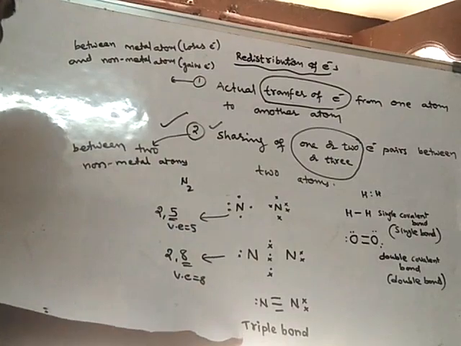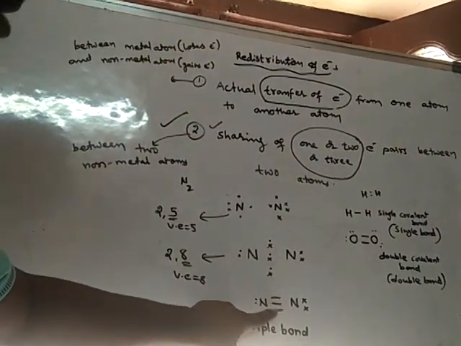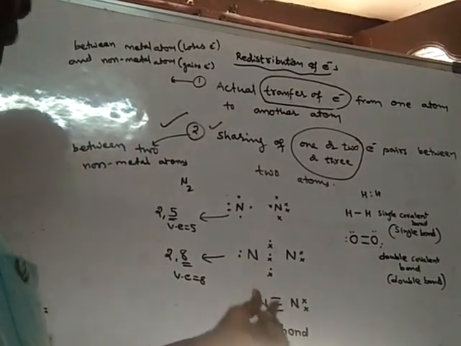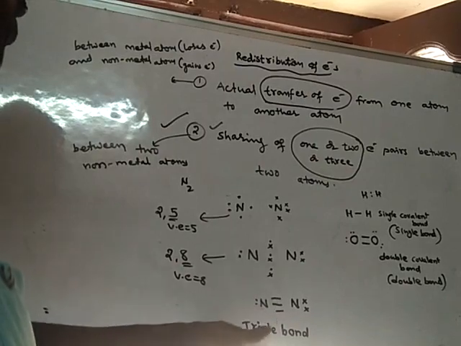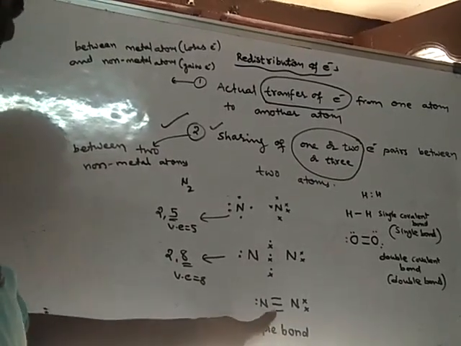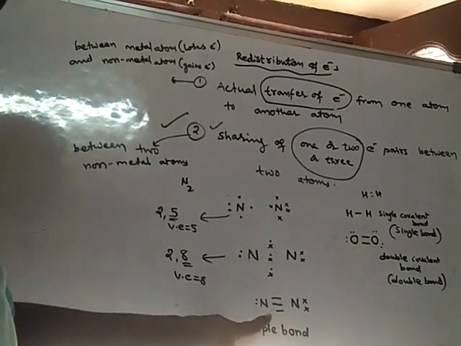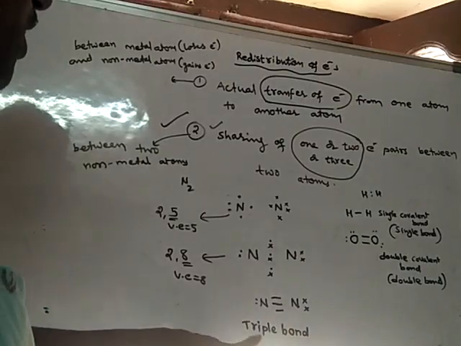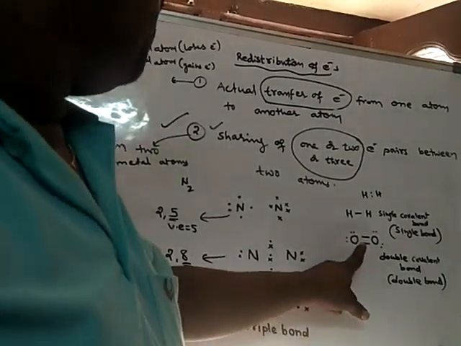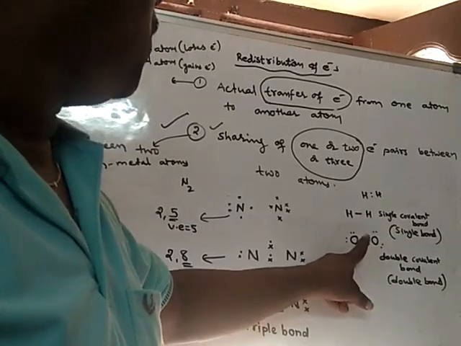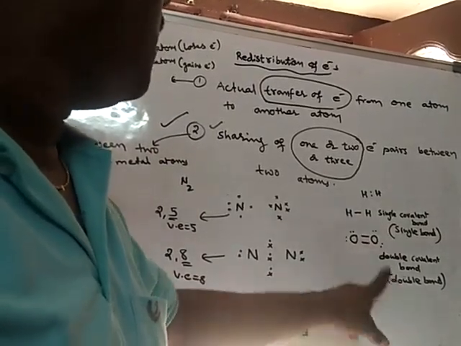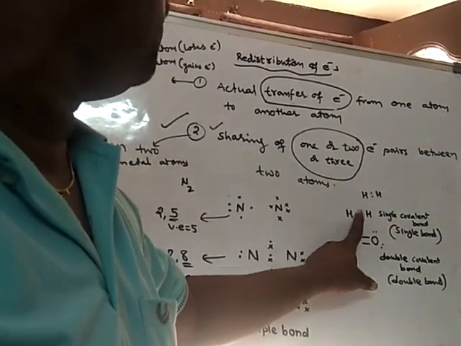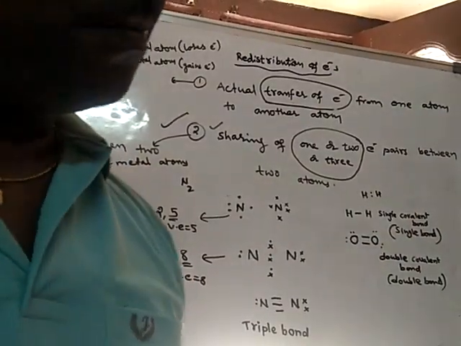And here in this case it is called a triple bond because 3 electron pairs are shared, or 3 bonds are formed between the same atoms. Between the same atoms, if there are 3 bonds, it is called a triple bond. A bond formed due to sharing of 3 pairs of electrons between 2 atoms is said to be a triple bond. A bond formed due to sharing of 2 pairs of electrons is a double bond. A bond formed due to sharing of only 1 pair of electrons is a single bond.